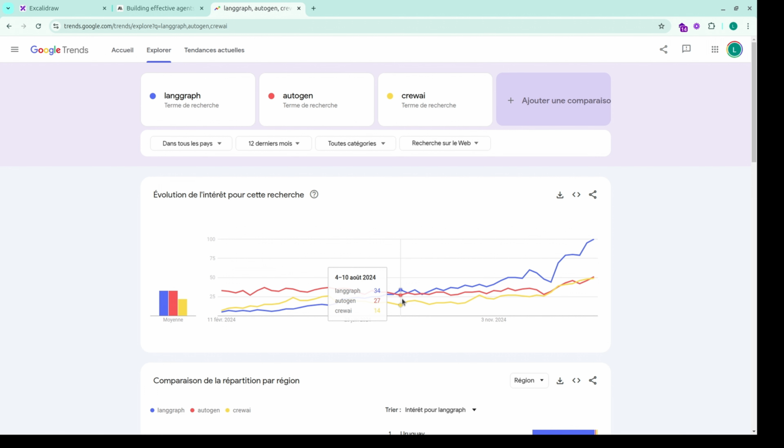The main person that initiated the project at Microsoft went away and created a new framework. So the framework is not quite stable right now. I think they released a better version, like a stable version, back in January, but they're still down. So that's the reason why these other frameworks are getting ahead of AutoGen at the moment. And it seems like LangGraph is the go-to framework right now to build AI agents. And why? Because I will show you that in the code. With CrewAI, you can build things at a high level, but with LangGraph, you can go deeper